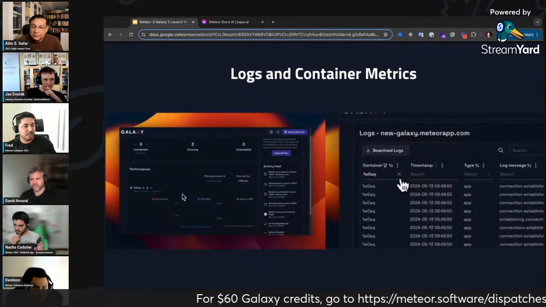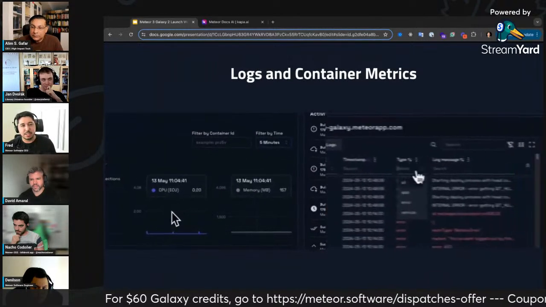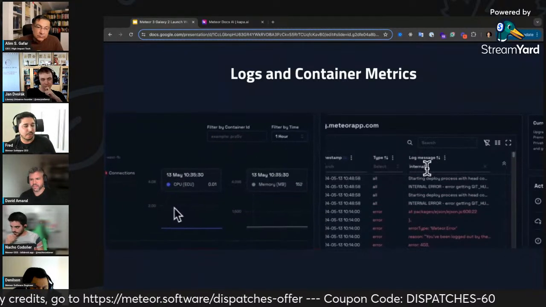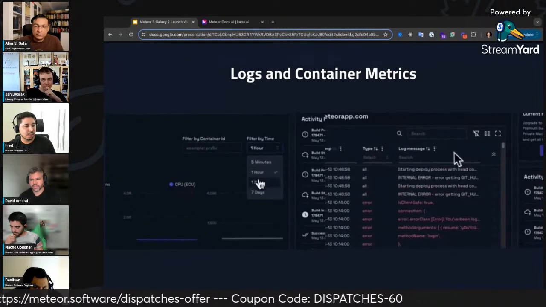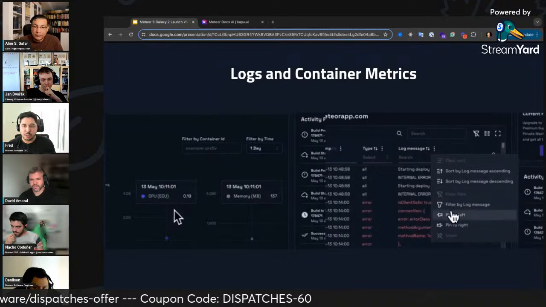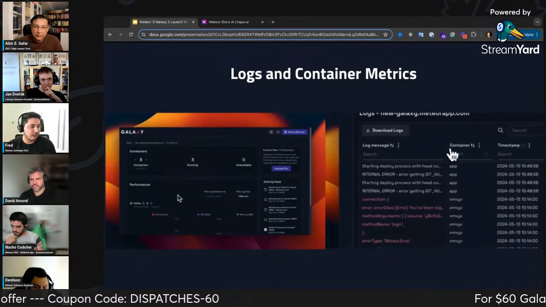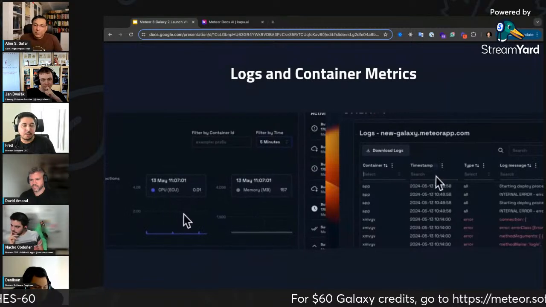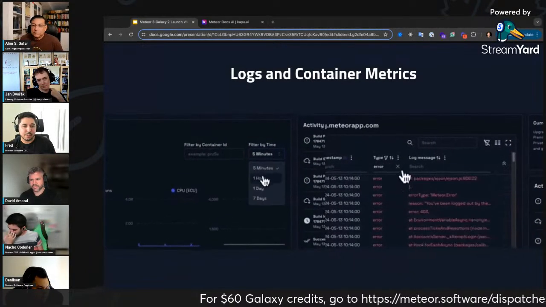We have a new page, and all the pages actually will be new. As an example, we have a new page for logs and container metrics. You have a more modern interface, more modern graphs, and also the logs page. We have many new options to filter.